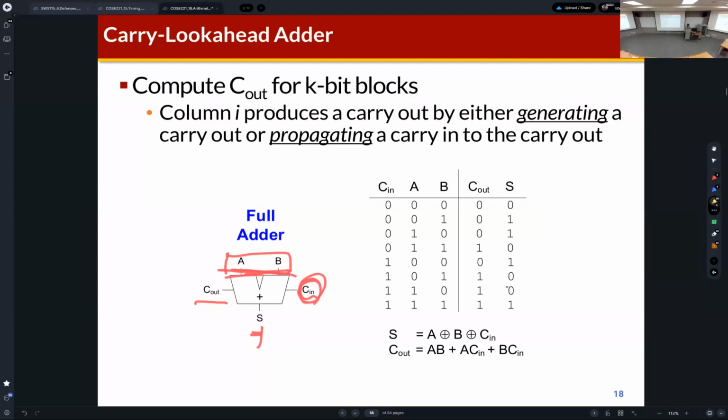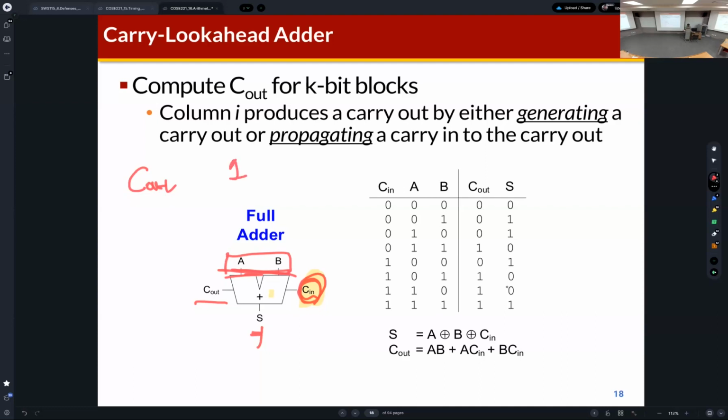Let us assume that we don't know the exact value of the C in. Even though we don't know the value of C in, we can still know how the C out will be